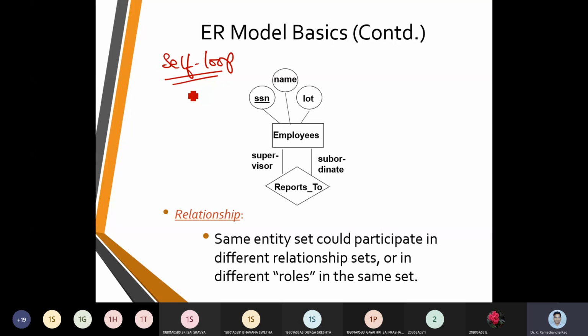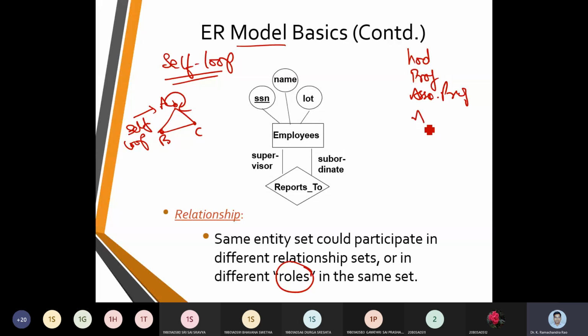So assume there is a triangle A, B and C. Now if I make a relation from A to A itself, this element we call a self loop. Similarly, in an ER diagram, we have to mention roles. HOD is a role, professor is a role, associate professor is a role, assistant professor is a role.